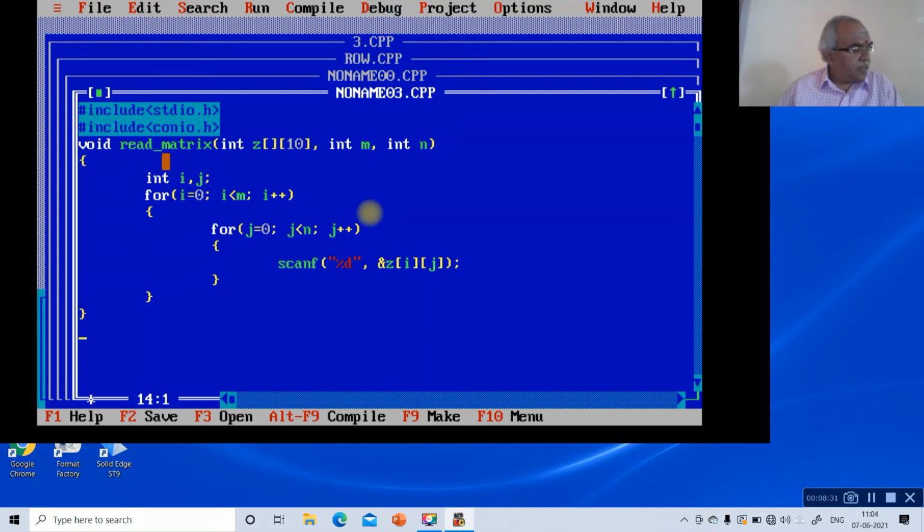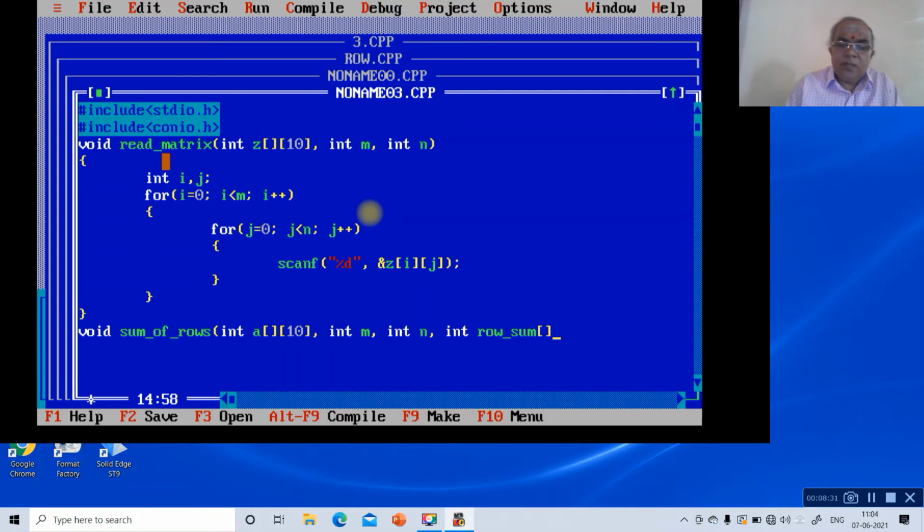Once we read this, then we will go for void sum of rows: int a[10], int m, int n, int row_sum. Then you give the initial values int i, j, m.